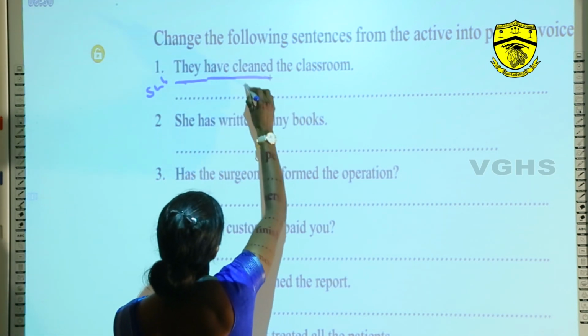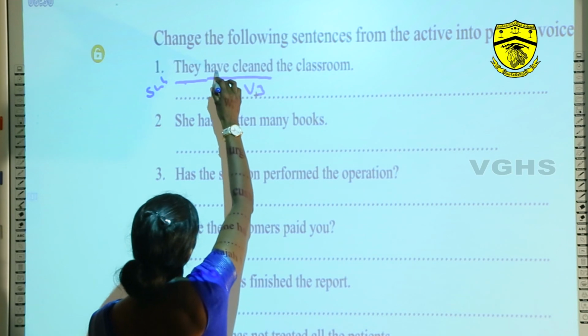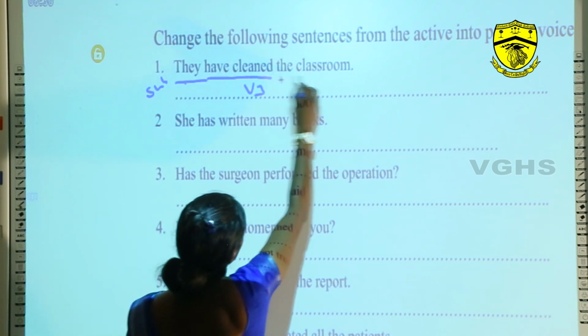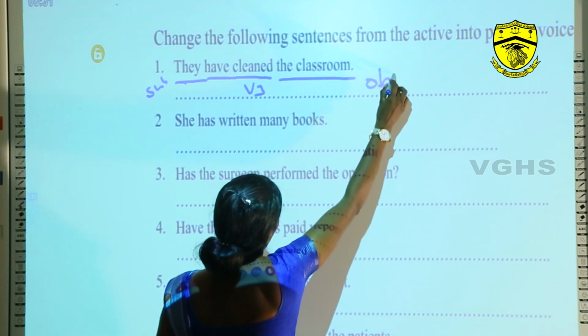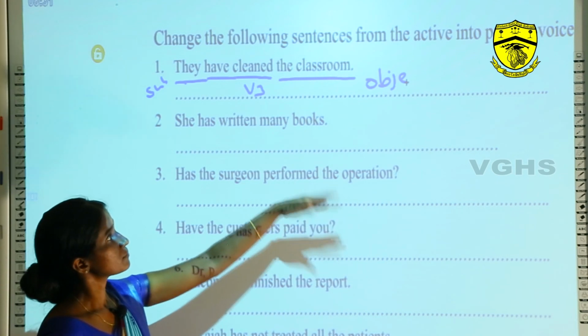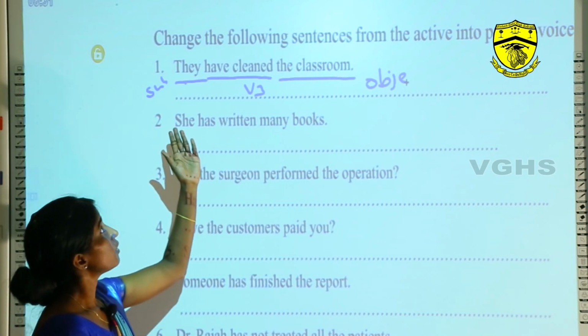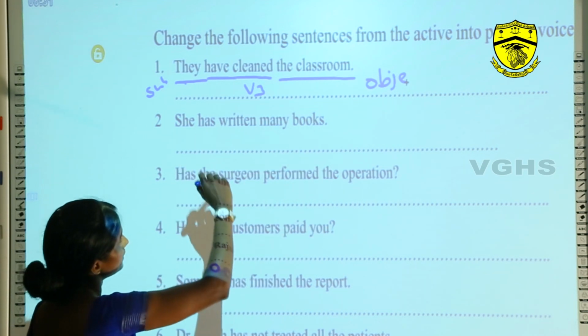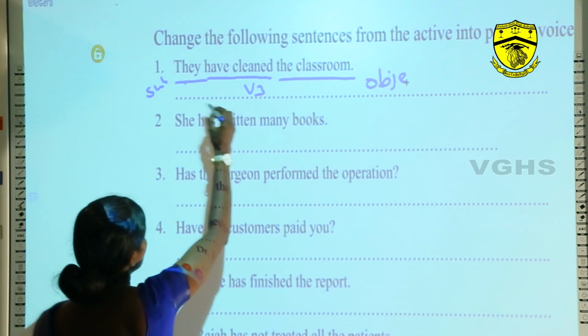This is verb 3, auxiliary verb plus verb 3: have plus cleaned. The classroom is the object. We have already studied that the object comes at the place of the subject. So the classroom